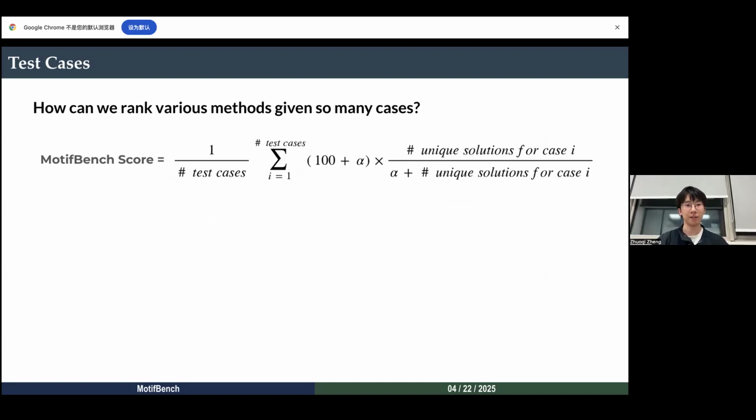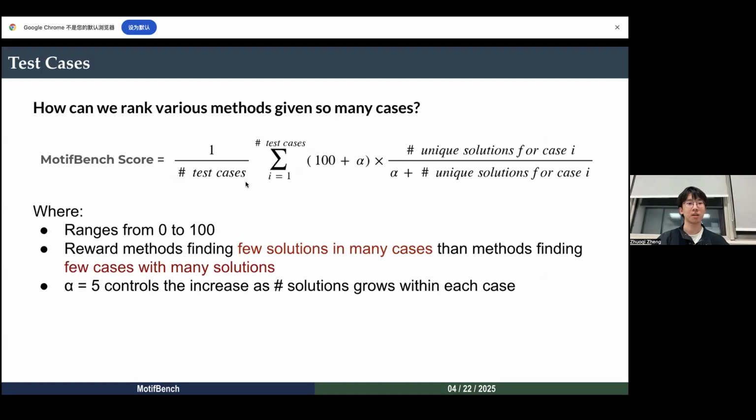So what do we have in this MotifBench score? First, it ranges from 0 to 100, which is a desired property that we want, to illustratively see how the methods perform compared with each other. And also,